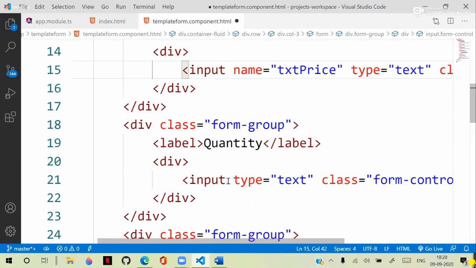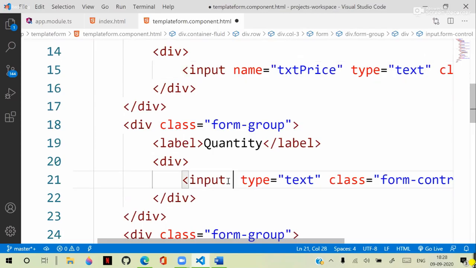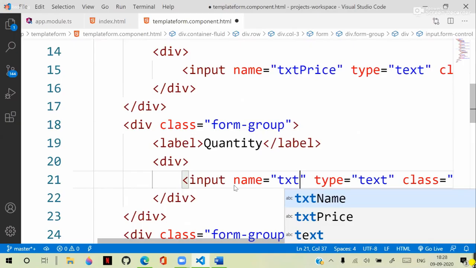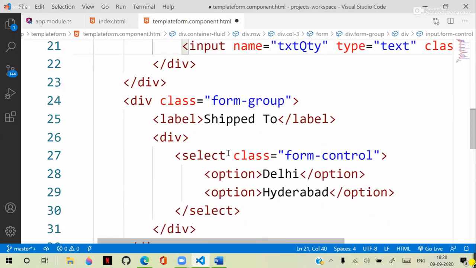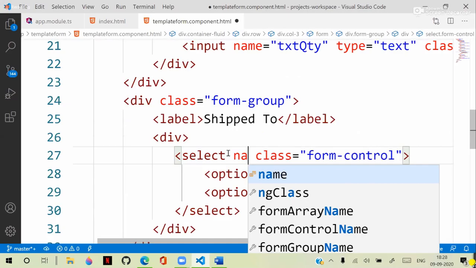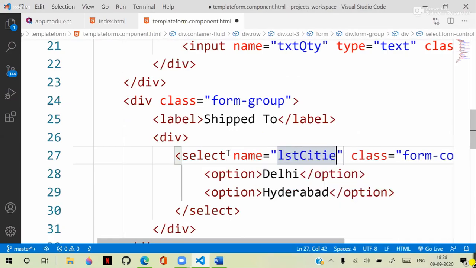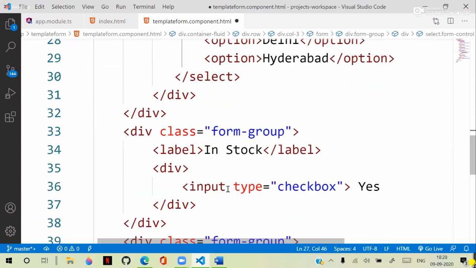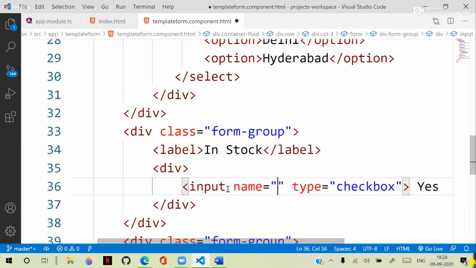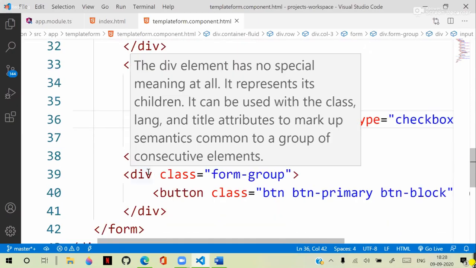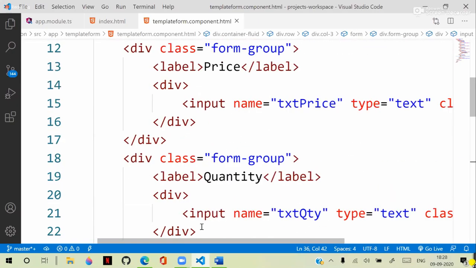Okay. And for this, I give the name as txt qty. And for this, I gave the name as lst cities, lst shipped to, like this, shipped to. Okay. And here I gave the name as opt stock, that is option stock. Fine. That means all the controls whose values you want to collect, you have to make sure that they are